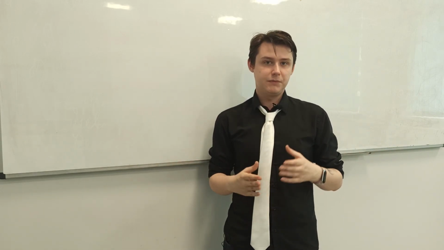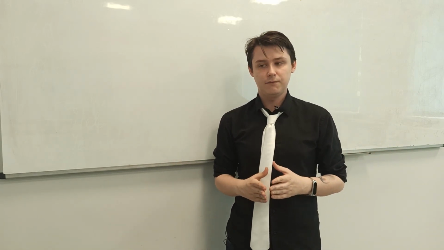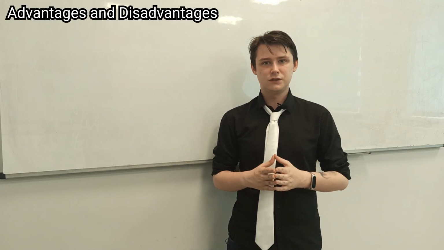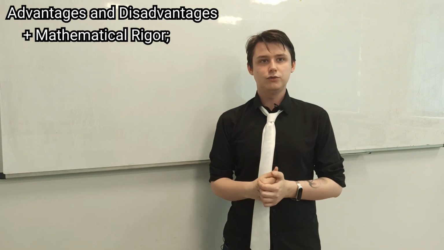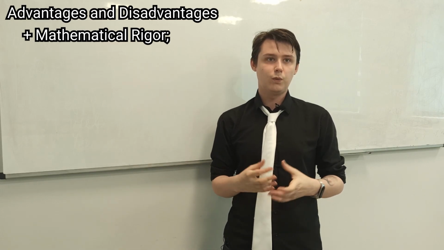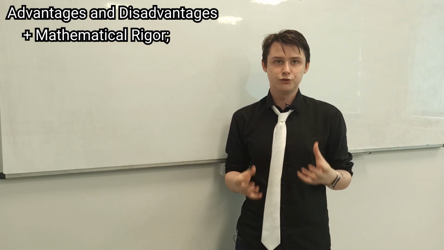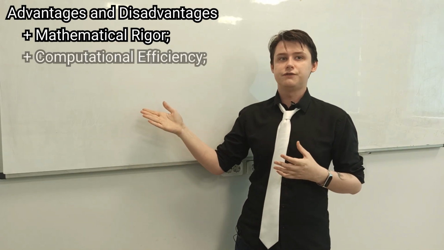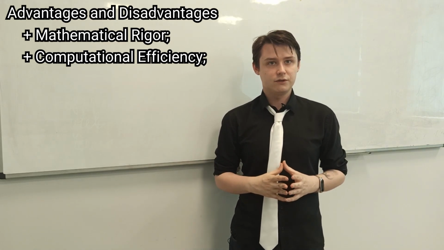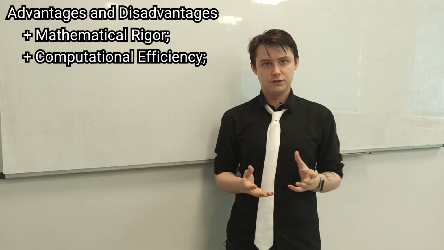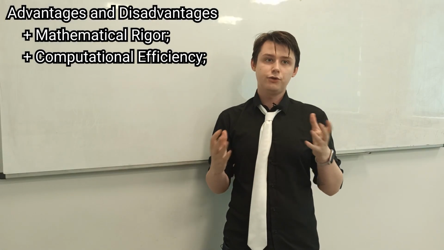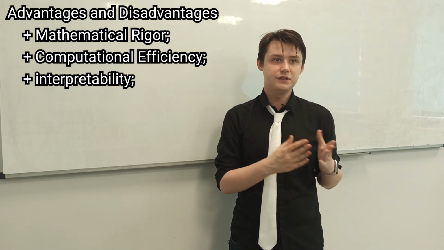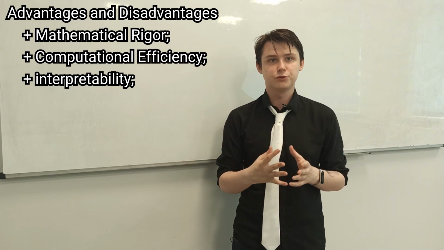Well, I suppose now it makes much more sense to you, and we may outline advantages and disadvantages of traditional algorithms. I would like to start with mathematical rigor. Non-neural network algorithms are often based on well-established mathematical principles and can be proven to converge to an optimal solution. As for the second one, it's of course their computational efficiency. Many non-neural network algorithms can solve optimization problems much faster than neural network-based approaches. And the third one is interpretability. The output of non-neural network algorithms is often easier to understand and interpret than the output of black box models